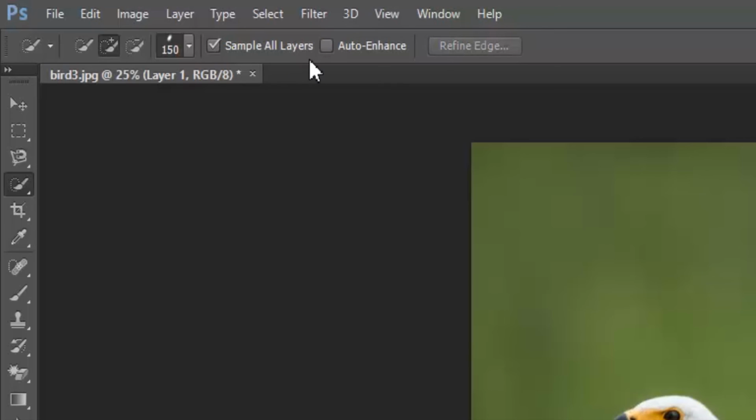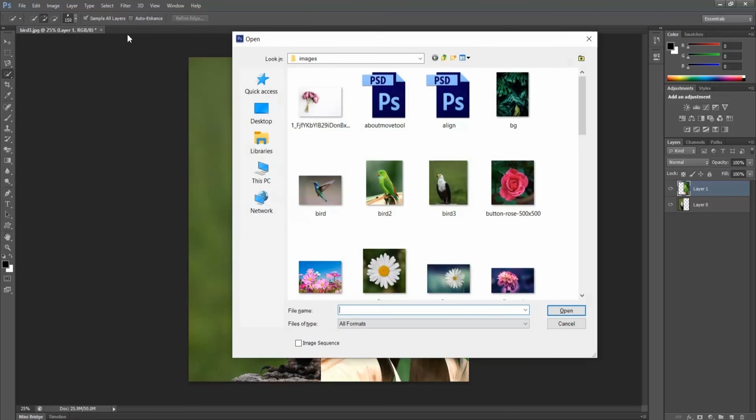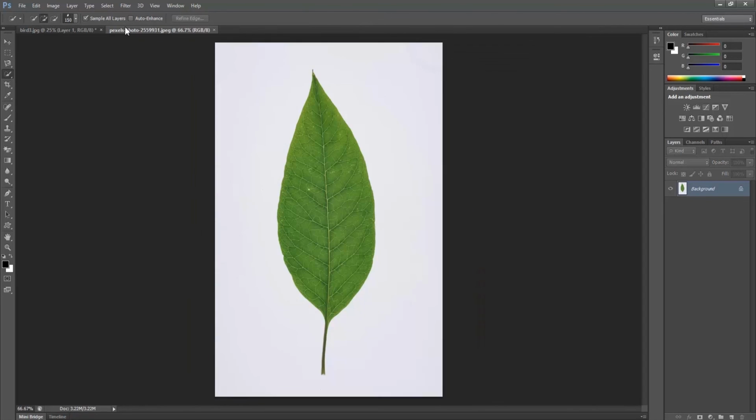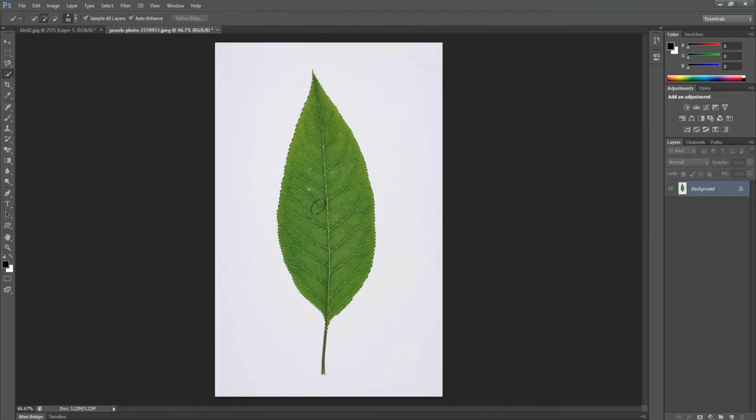Moving towards the right, auto enhance. To explain about this option, I will open another image. Auto enhance option enhances the edges of an object slightly. Now, with the auto enhance option checked, if you make a selection, let us press Q to preview the selection.